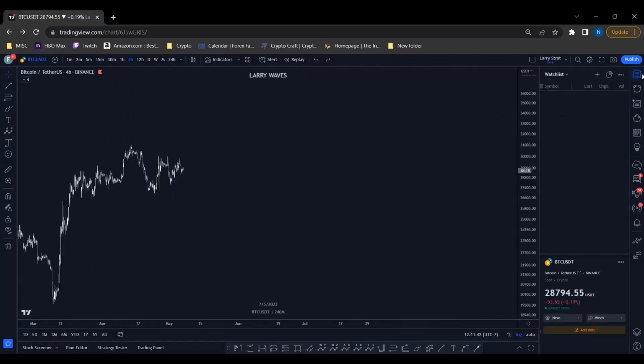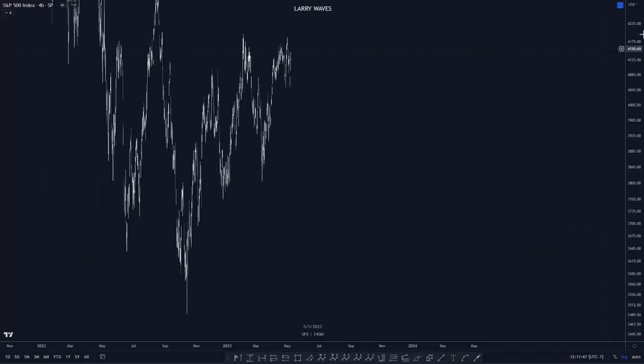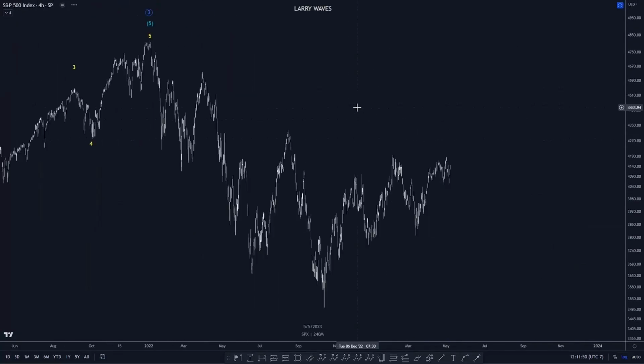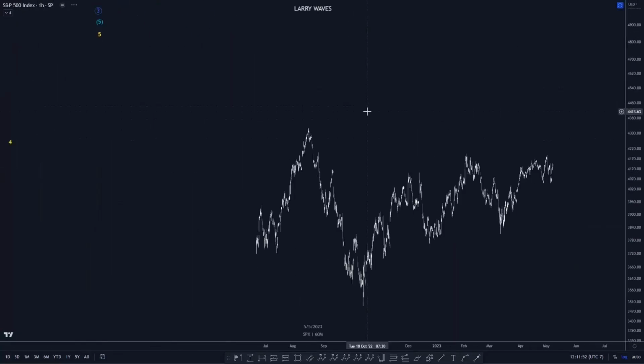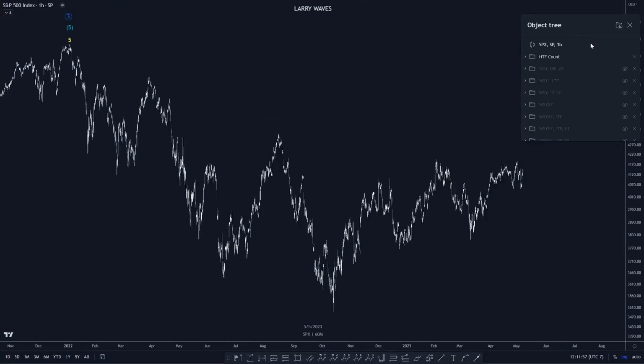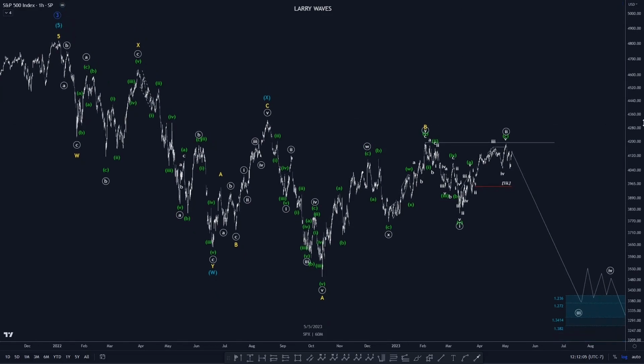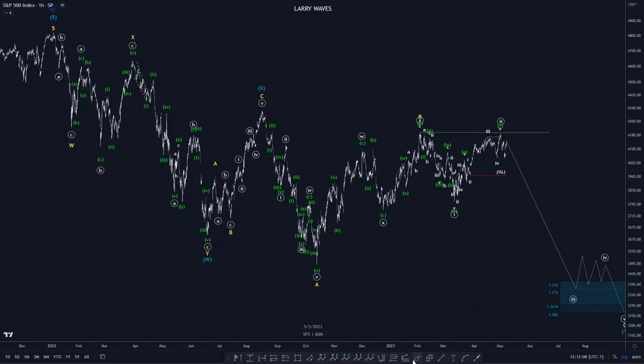Now on to ES. ES has been fairly tricky, and I'm kind of getting a little creative here, I would say. Don't want to say forcing, but like I said, I'm getting a little creative. So just to review, we're still monitoring this WXY, this double zigzag. I once again still think it's very forced because we're so close to these highs and we have already taken these highs right here. Even on the futures, we have taken this high like we've discussed too. So I'm really not too sure about this count anymore,